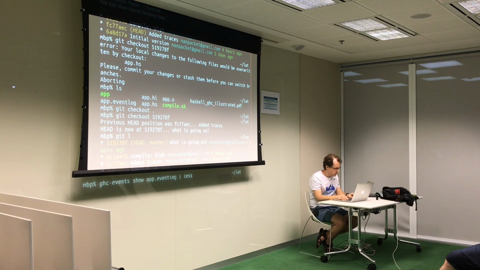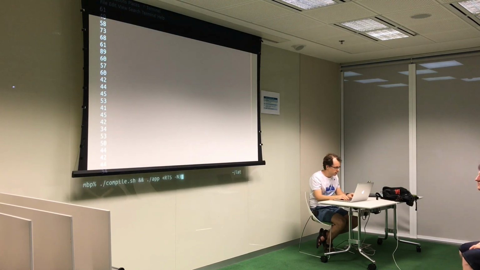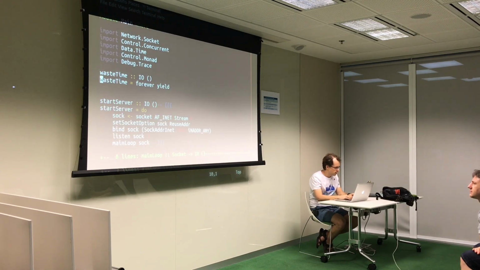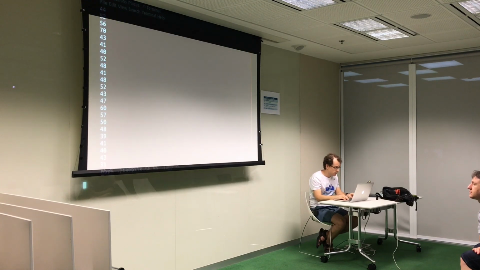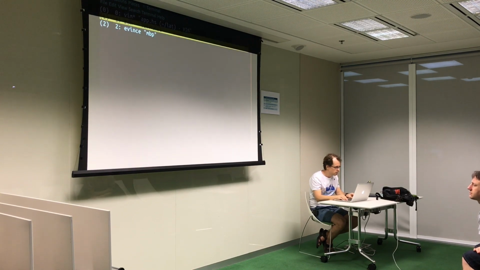So it's not very interesting to measure latency in an application that does nothing other than sending and replying to messages. So I created this waste time thread that does nothing but yield. If we have 20 of them, it makes no difference. If we add a bit more,